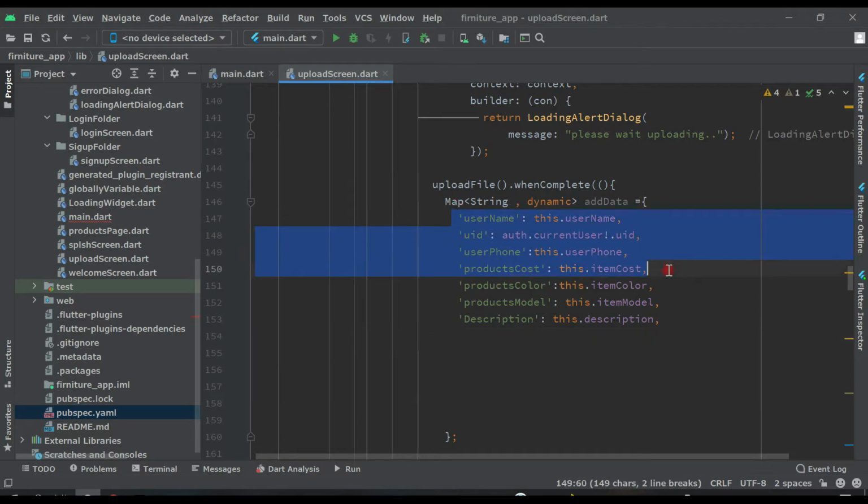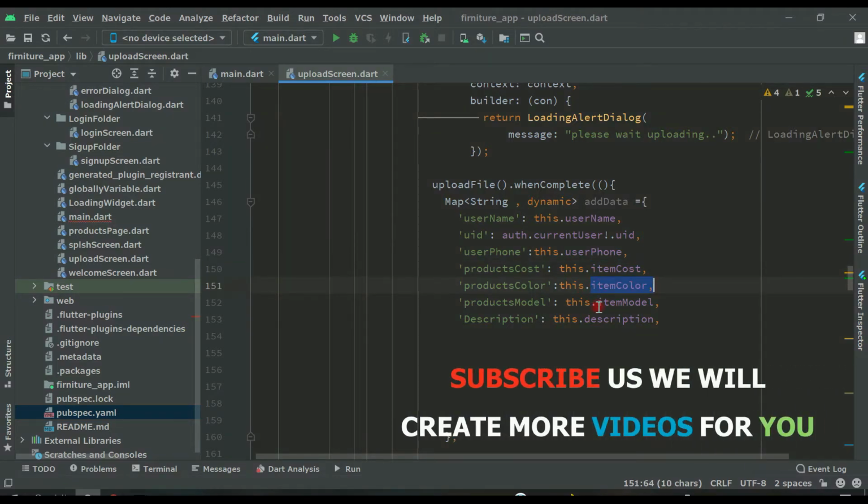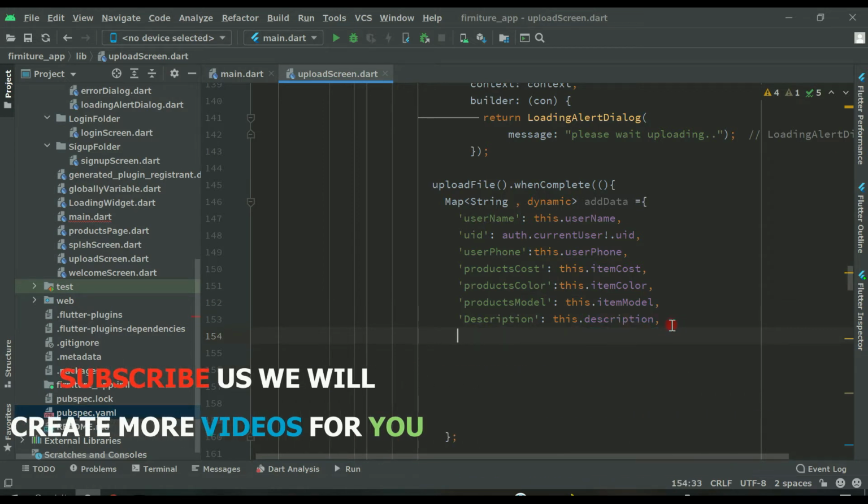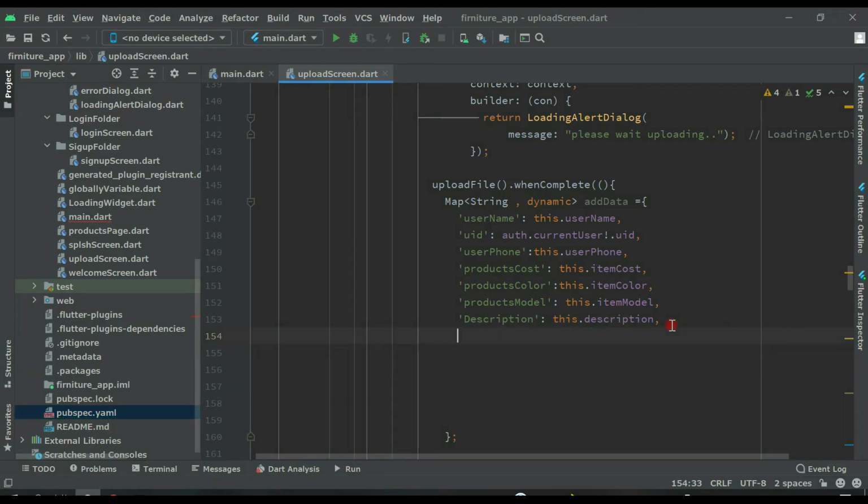Now this data is about products and users, like username, user ID, user phone number, I mean the advertiser, and the item cost which the user will upload, item color, item model. All these fields we are saving in our database so that we can retrieve it and display it on our application screen. So now here we will save images.